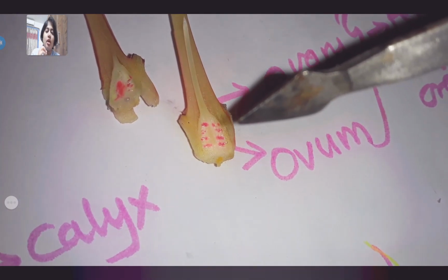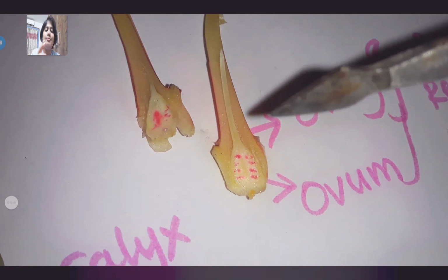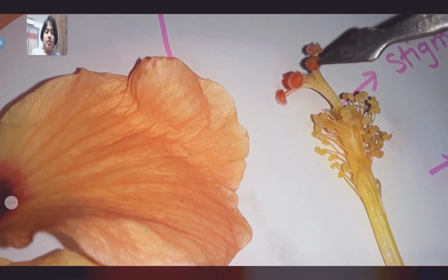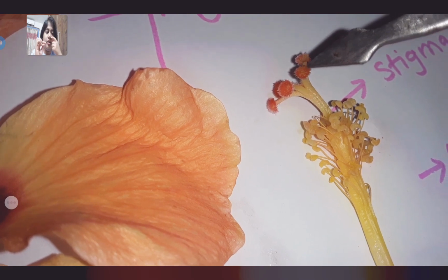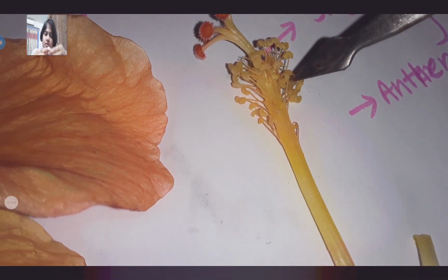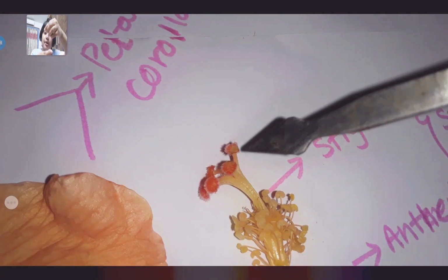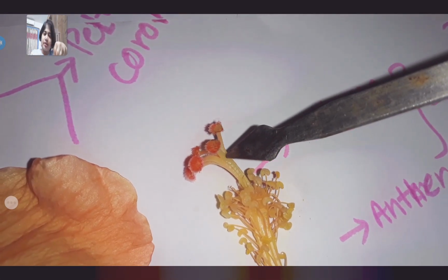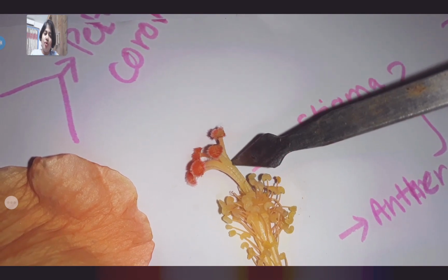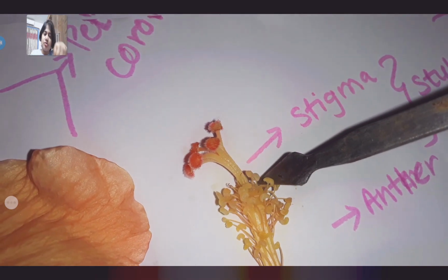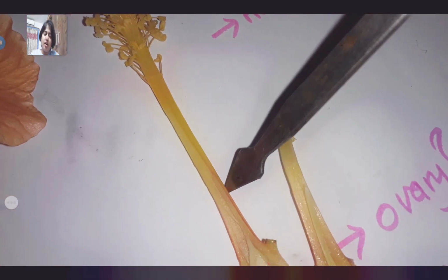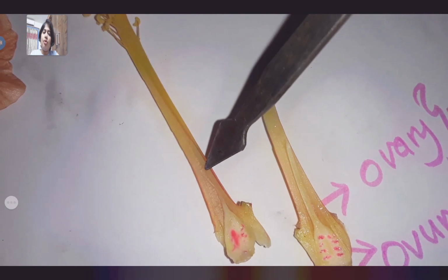I already told you that the sticky part is the stigma, right? On the stigma, these anther particles get attached, and the stigma is attached to the filament. Through that filament, the anther goes inside, down to the ovary. From there the anther goes down and then reaches the ovary.